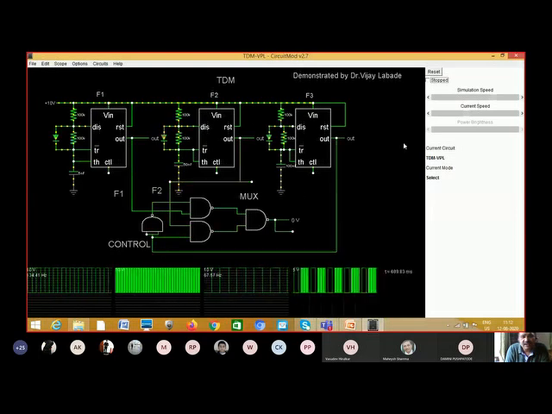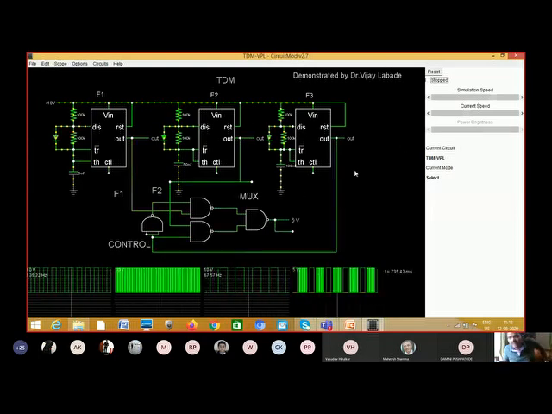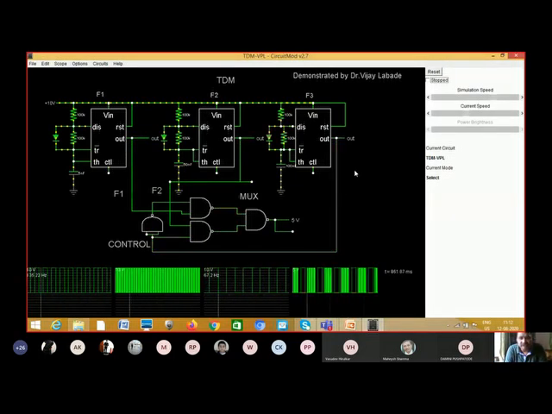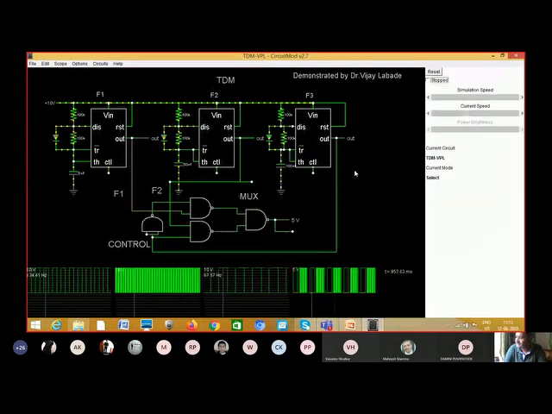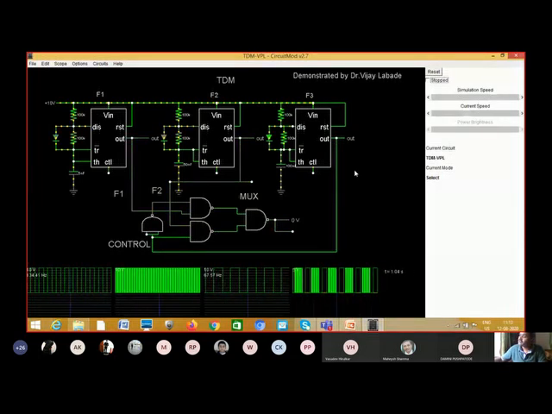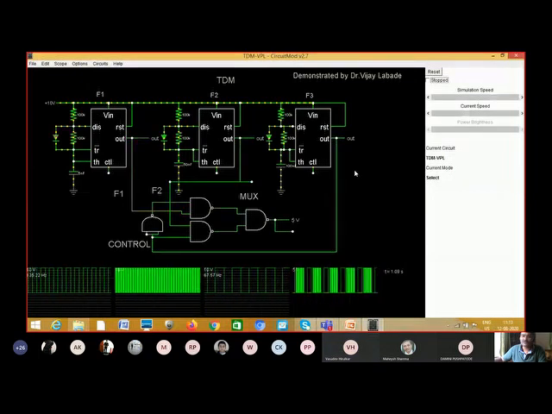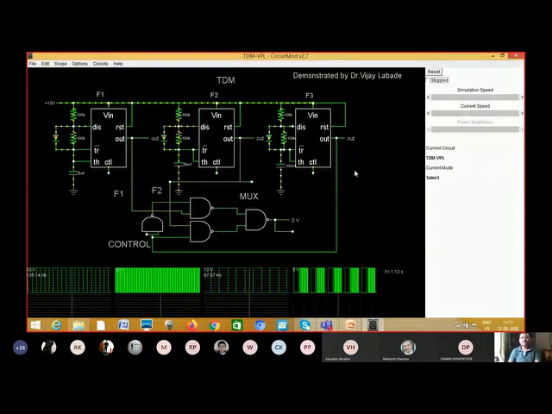So this way, any analog, digital, power, etc. circuit can be simulated and studied with the help of the Circuit Mod simulator. I think I will stop this demo part because there are so many circuits which I cannot complete within 1 hour. If you're interested, I will share some of the prepared circuits with you through email or WhatsApp, whatever. So this way I conclude my demo part for the Circuit Mod simulator.